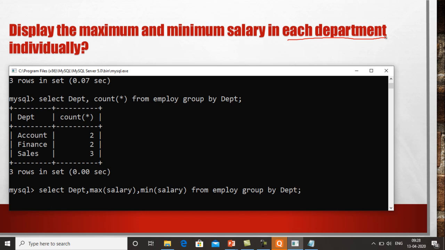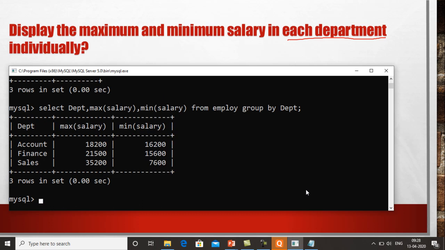department. So what it will do, it will initially find the groups of all the departments. It first creates the department-wise groups. Once all the groups are created, then it will fetch this information from all the groups. First it will find the name of the department, then find the maximum salary in that group and the minimum salary in that group, and then it will show the answer to the user. So now you can see that first we are getting the name of the department, and in each department we are also getting the maximum and minimum salary. So this is the answer of this first question.